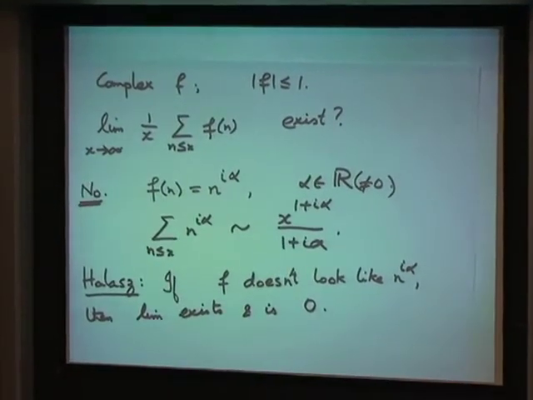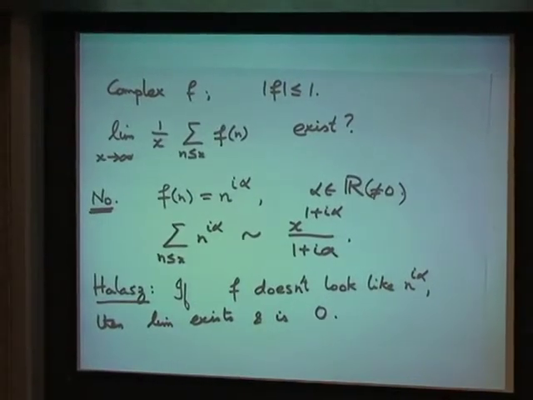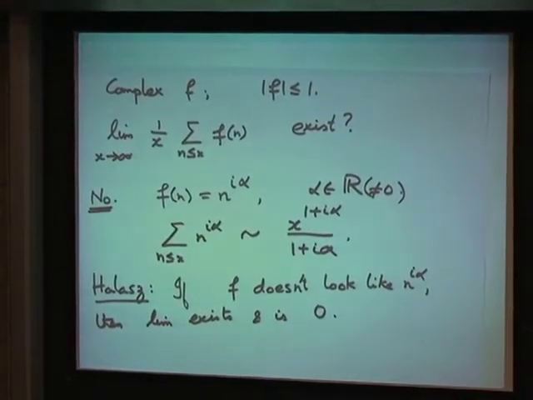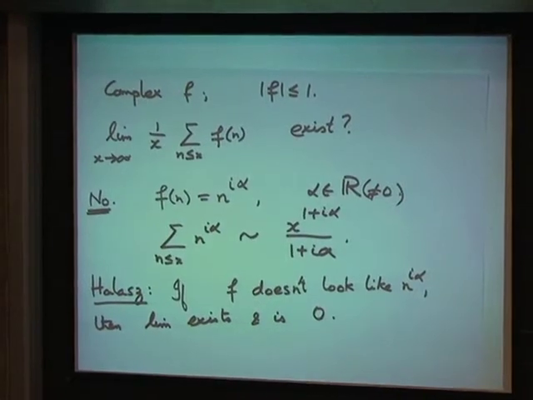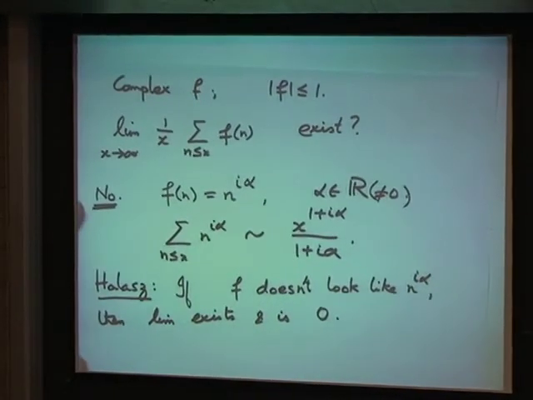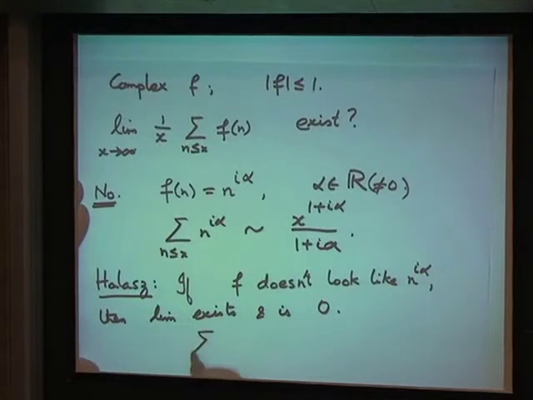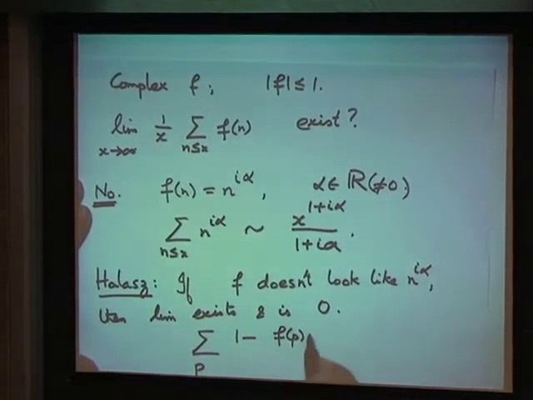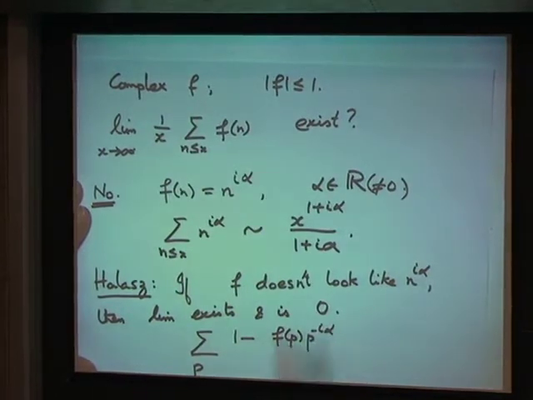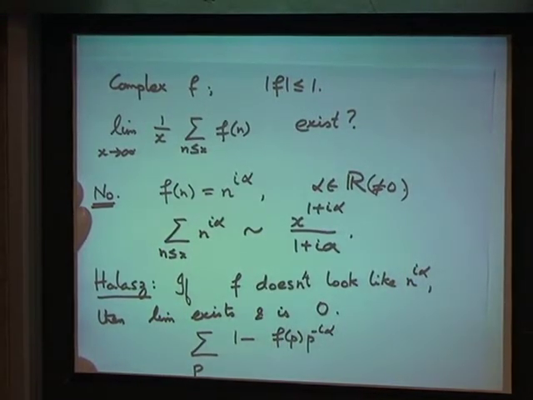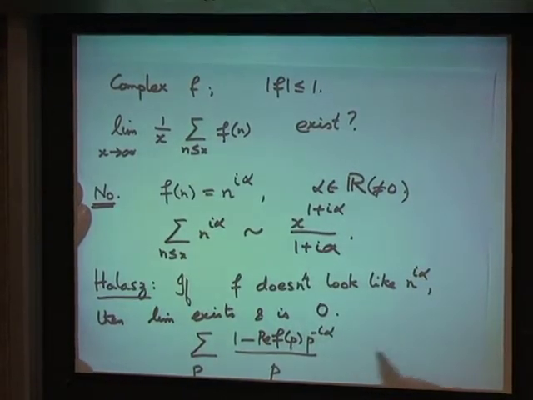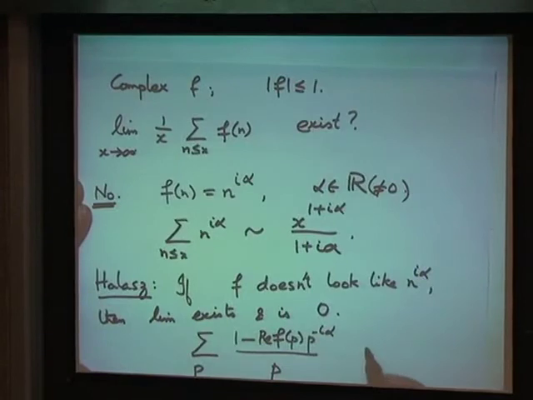Okay, so I have to say, what does it mean for a function to look like n to the i alpha? It's a multiplicative function, so I only want to say that f of p should look like p to the i alpha for prime numbers p. And one way I can quantify that is to consider the sum of something like 1 minus f of p divided by p to the minus i alpha. So if f looks like that, then this should be close to 1. Maybe I take the real part of that, not so important, but okay, so let's take the real part of that, divided by p. And I want to say that if this converges